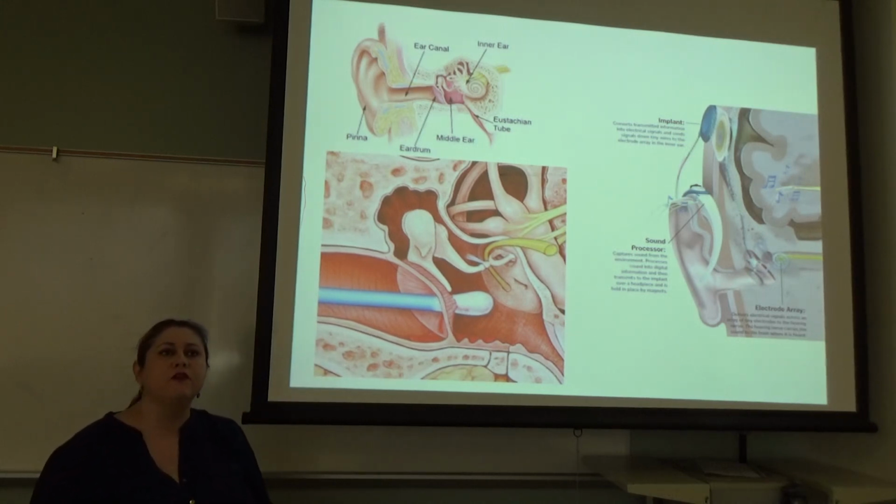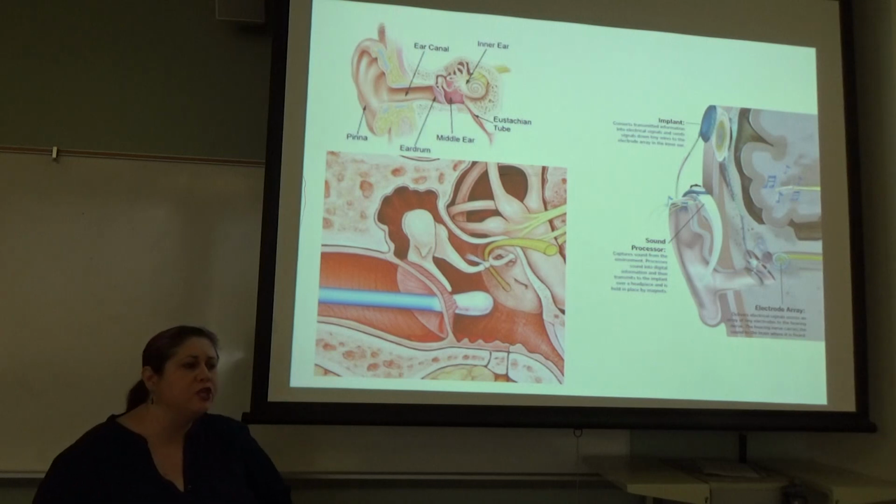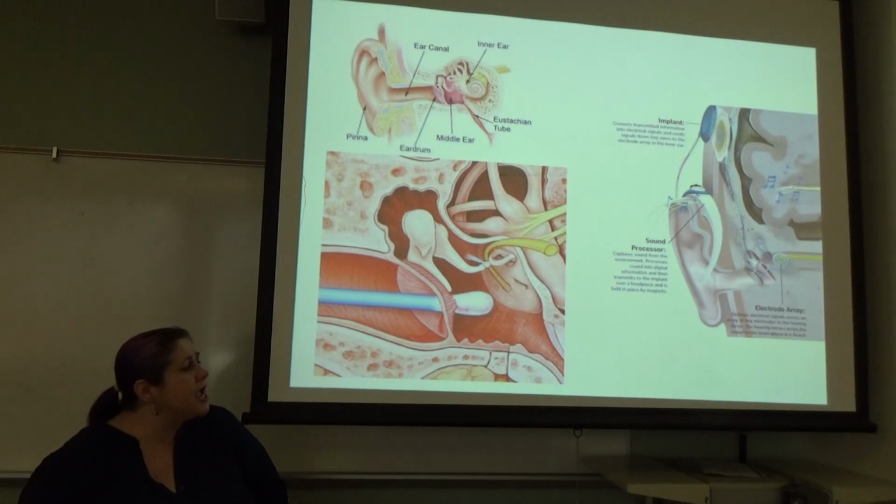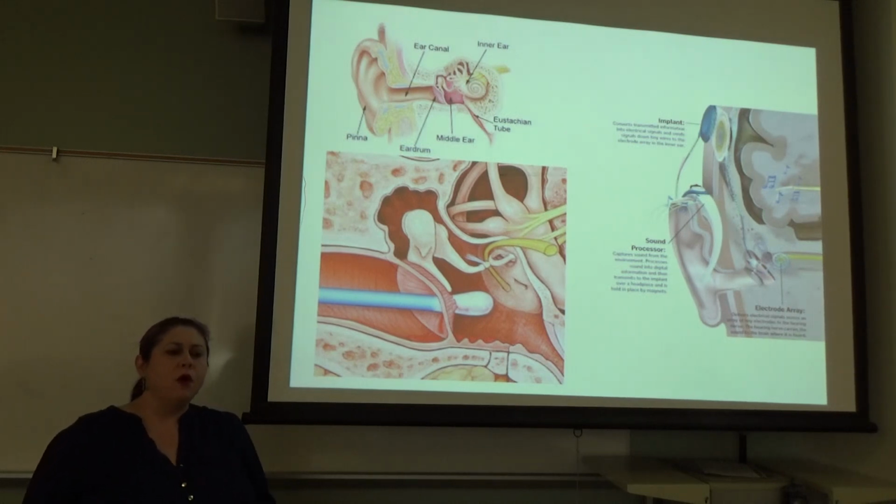What happens if your hair cells are damaged? Usually this is congenital. It can happen to somebody when they're just born with damaged hair cells, but there are other things that can damage hair cells over time too. Let's say that you have damage to your hair cells, or you have missing hair cells. What can we do? Well,